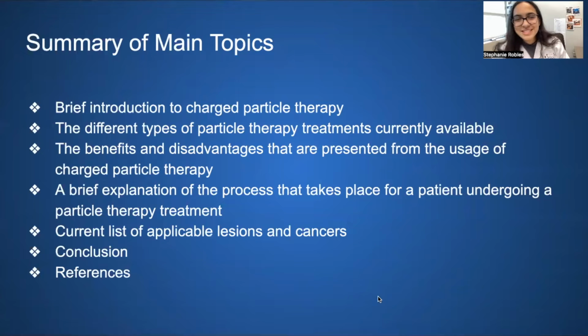Moving on to this first slide here, I will be providing a summary of the main topics I'll be covering in this lecture. We will be going over a brief introduction to charged particle therapy, providing the fundamental information that I believe you should know. I'll be going over the different types of particle therapy treatments that are currently available. And I'll be providing the benefits. So that includes the advantages, the disadvantages, the risks, and the limitations that are presented from the usage of charged